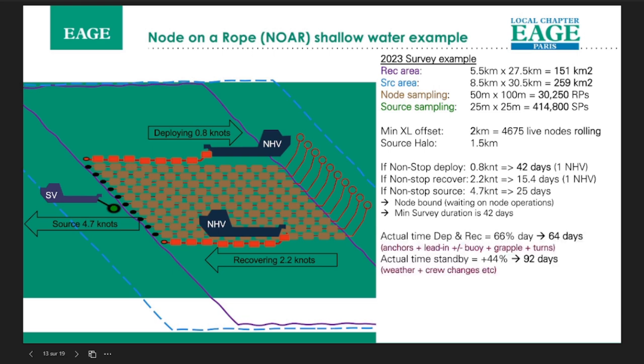So the problem is it's worse than that, because the node handling vessel is not just 24/7 deploying nodes. It's actually sometimes turning, sometimes dropping down anchors, doing lead-ins, grappling for the lines to pick them back up again, and turning around, right? So all of this means you've got 66% efficiency in this case, so 64 days for your survey. And then there's weather downtime, and then there's crew changes, so it's 90-odd days to actually carry out